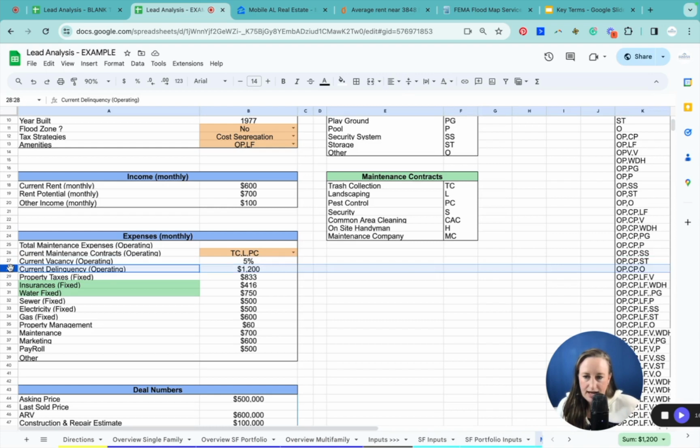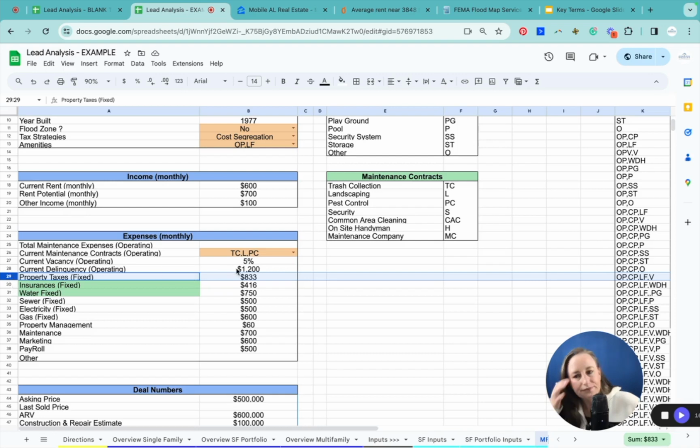Then delinquency is: if you know the current delinquency, you can input that there, or you can model 5 or 10% in there as a planning factor. Then you're going to want to put your property taxes. Again, all of this is on a per unit basis annually, and based on the number of units, it's going to